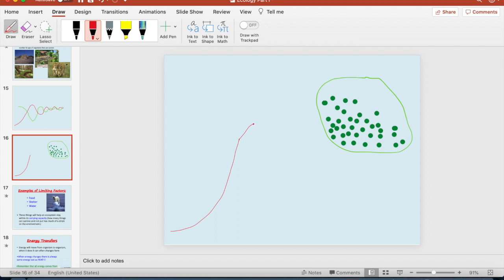Okay? So let's say this was 0 here, and then 1, 2, 3. I can't draw that well. And then let's say eventually there'll be 50, just making up numbers here. Now there's 50, and it's going to roughly stay around that 50 mark, because that's the highest number that can actually grow in this pond.